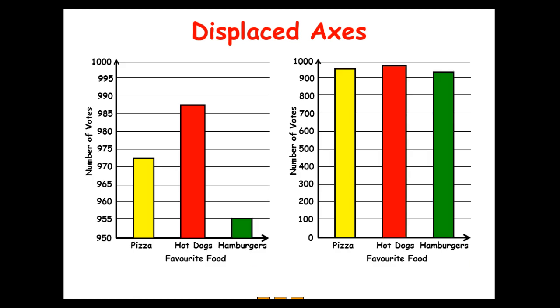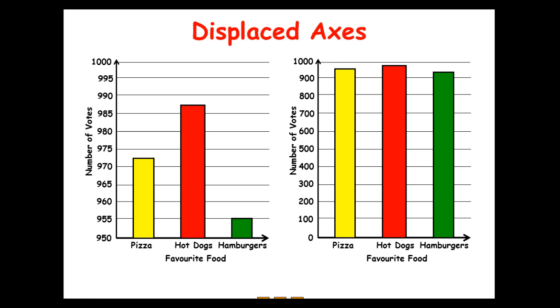Next, another example of displaced axes. On the left-hand side, we've got the number of votes for their favourite food: pizza, hot dogs and hamburgers, starting with the scale at 950, looking like, therefore, that hot dogs is the absolute clear winner, much, much more popular than hamburgers, is what that first graph